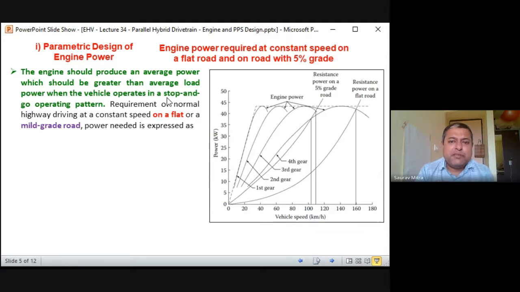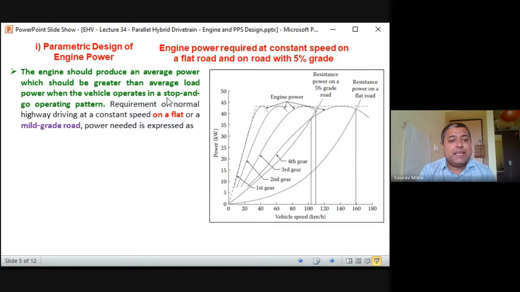Okay, so every time you won't have to change the gear, you keep your gear at one gear only, that is the third gear or fourth gear, and you can keep driving. So it is an undisturbed kind of driving when we are driving on the highway. But when we are driving in the city, at that time it's a stop and go kind of thing. Every time you have to use the clutch, half clutch, full clutch, brake, and accelerator. So the accelerator you cannot use much at that time.